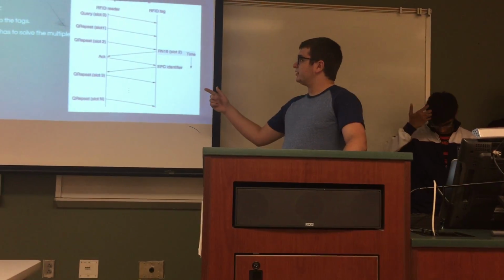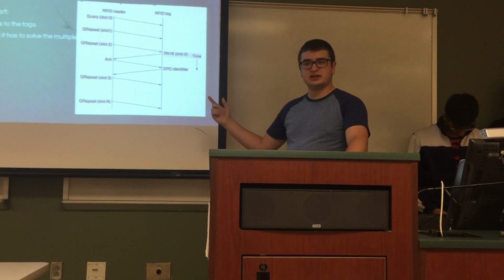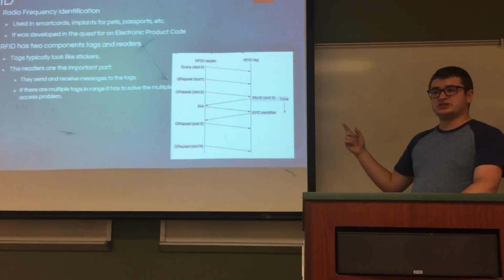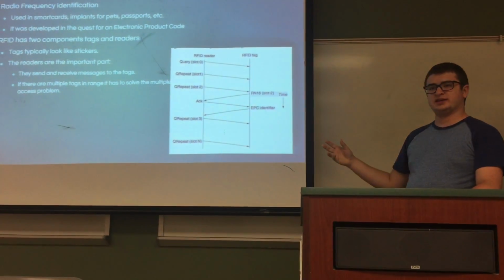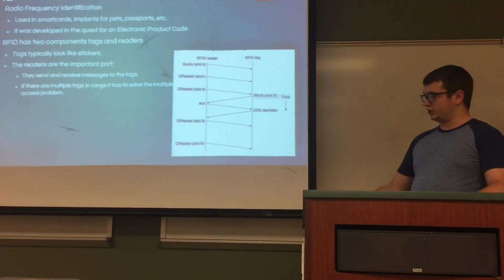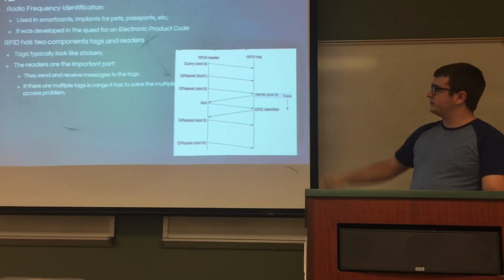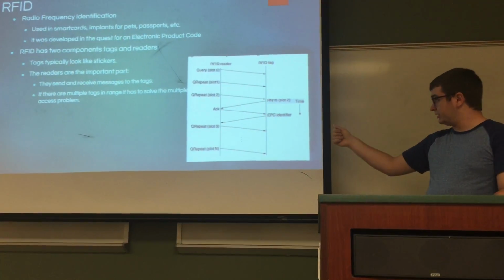If it reflects it back, it will add on a little code called an RN16, which is just a 16-bit random code. And it's because RFID uses slotted aloha, so instead of sending the actual thing that the reader's asking for, because collisions could make it very expensive as those are very long, it sends this to kind of reserve a slot, and then when a slot is found, the RFID reader sends back that RN16 with a little